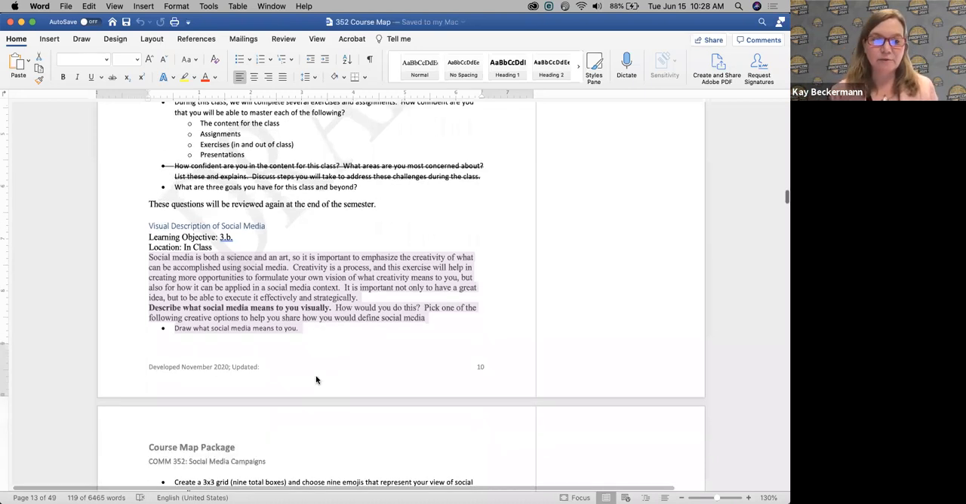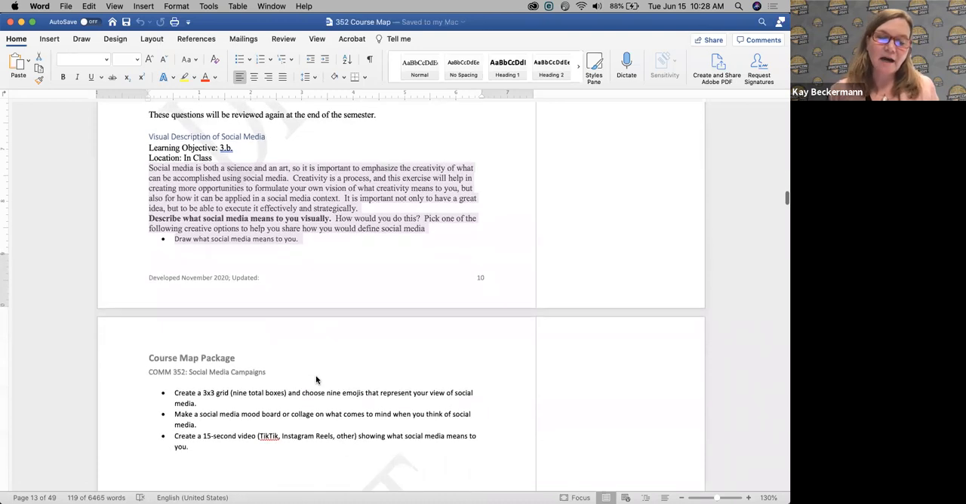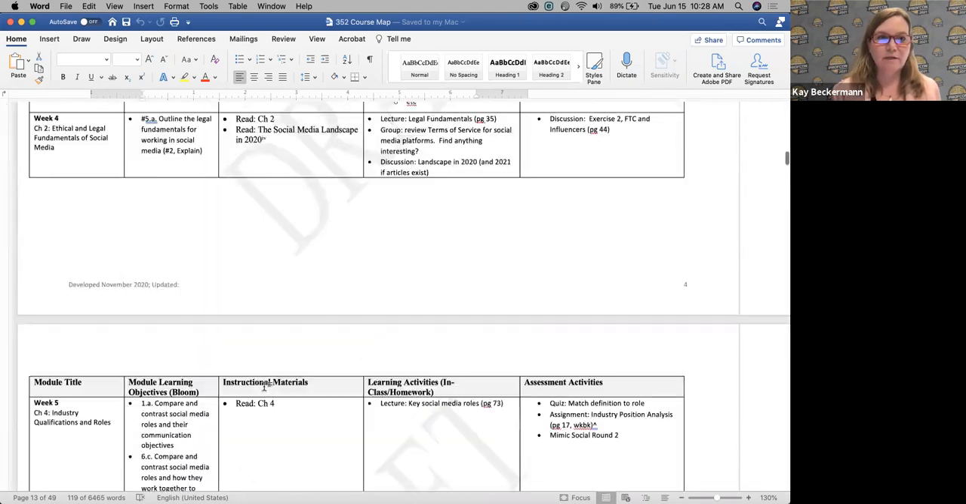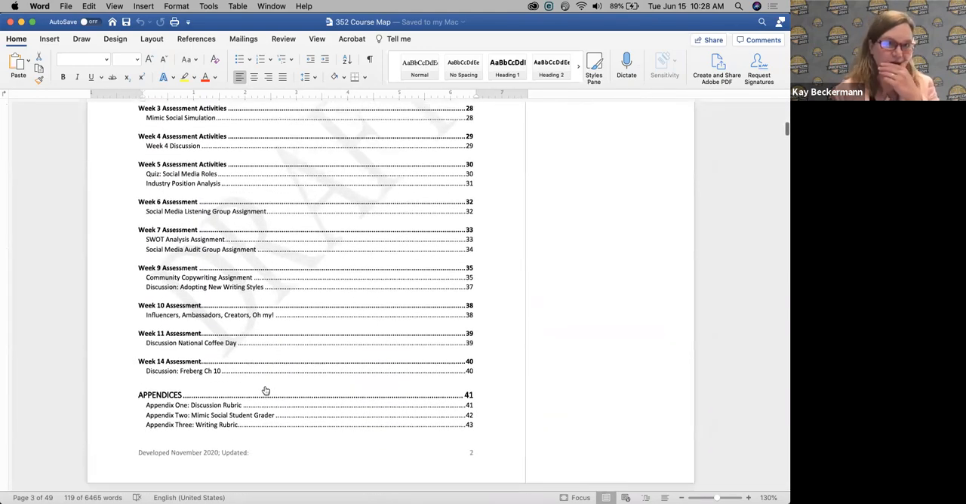And it's really great. And then as I went through the semester, I did make notes on my lesson plans about what worked and what didn't work. We've all done that. Just going to scroll up real quick so I can get to the table of contents. So we have all the